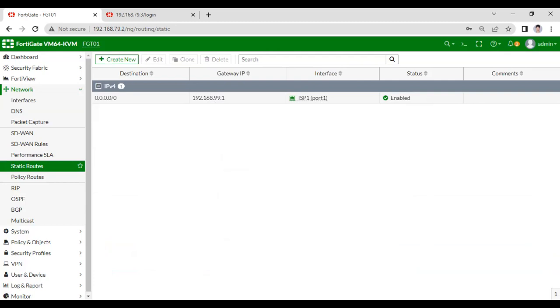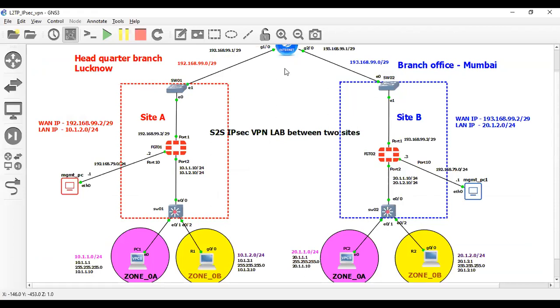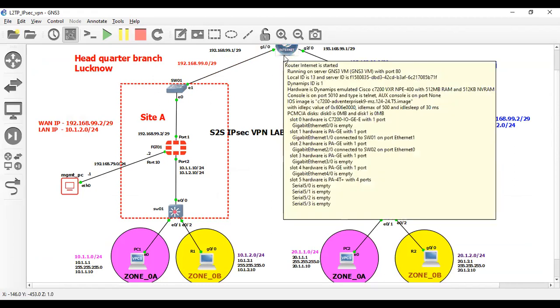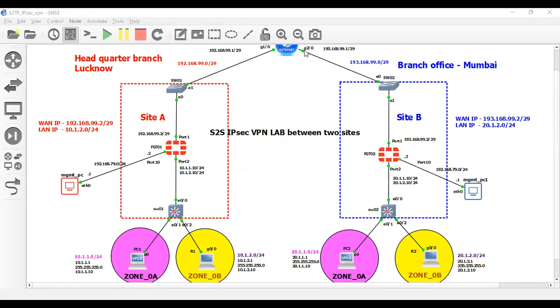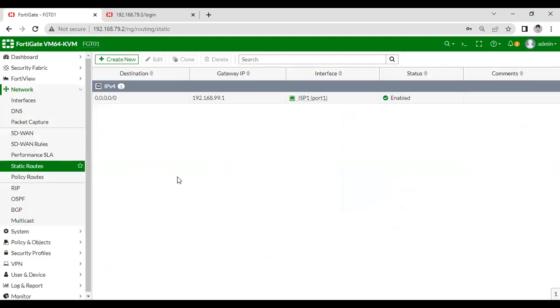On the ISP router, I have configured only the interface IP address. That's it. I haven't configured any static or dynamic routing on this internet router. I have configured it only for connectivity purposes. The same configuration, except the network, is configured on the branch offices as well. So now I'm going to configure